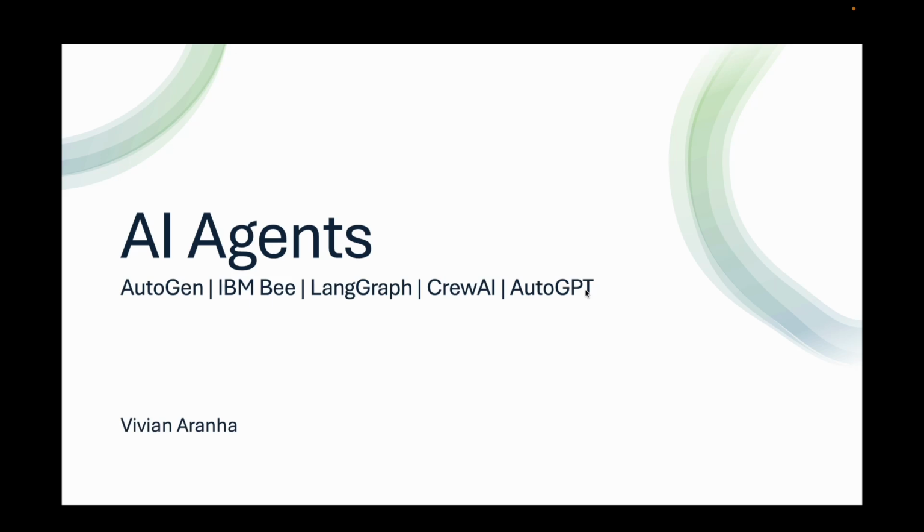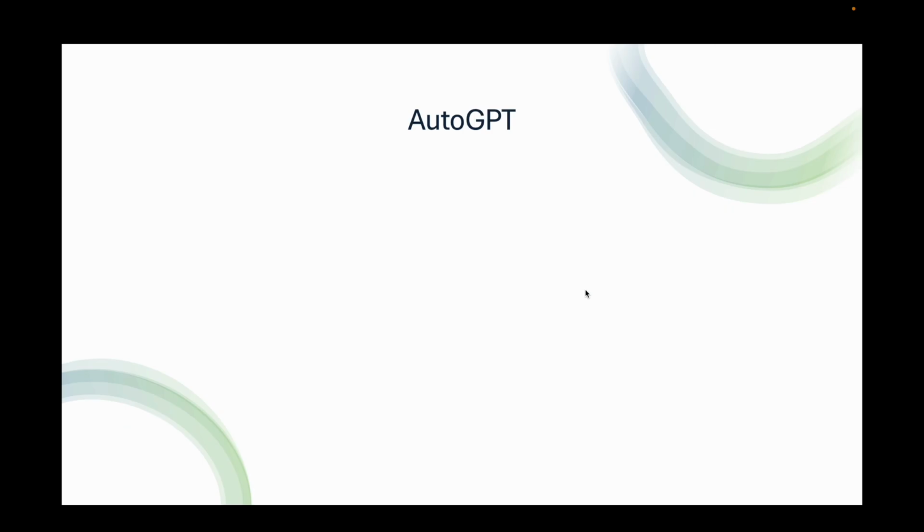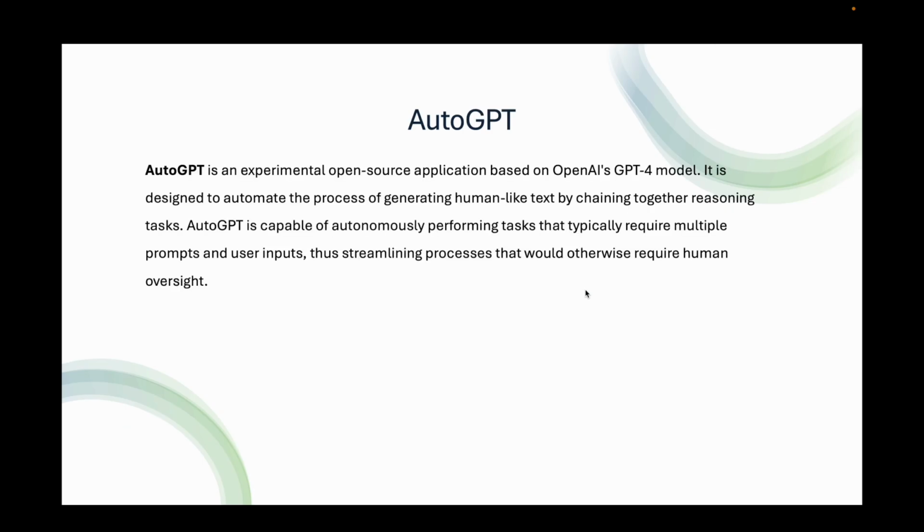Let's look at our last AI agent framework, which is AutoGPT. AutoGPT is an experimental open source application based on OpenAI's GPT-4 model. It is designed to automate the process of generating human-like text by chaining together reasoning tasks. AutoGPT is capable of autonomously performing tasks that typically require multiple prompts and user inputs, thus streamlining processes that would